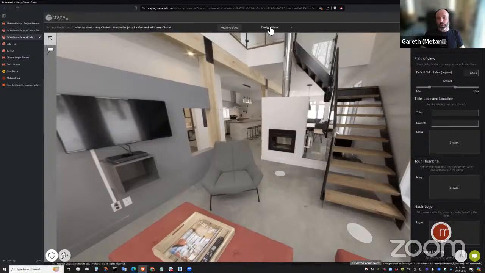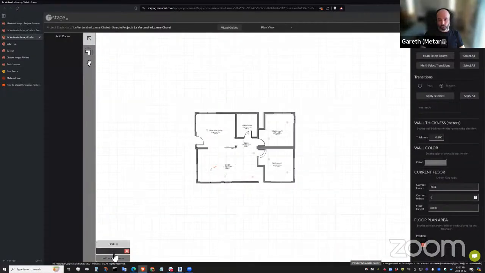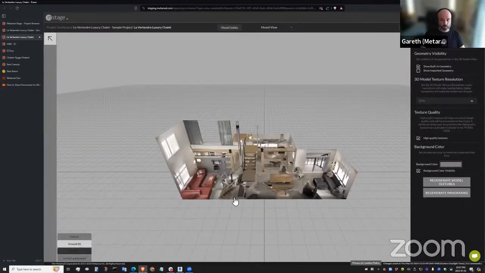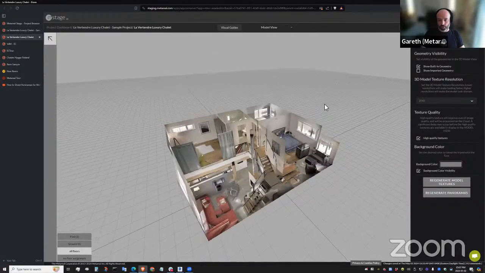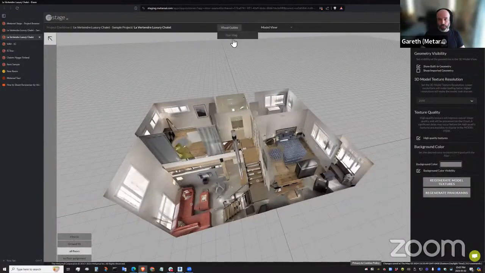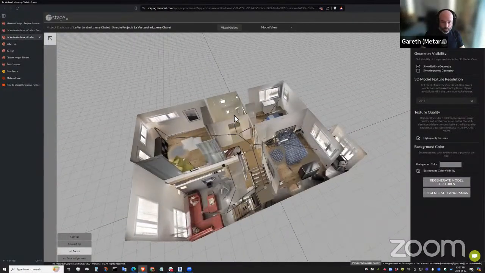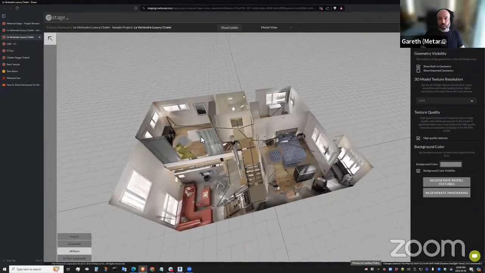And I've got a number of views. So I can go to my plan view, and I can see the different floors of my project. I've got a model view, which some folks will be more familiar with as a dollhouse. And this allows me to look at the 3D model. I can go ahead and switch on the navigation map and see exactly what my navigation path is going to be between all the panoramas in the space.